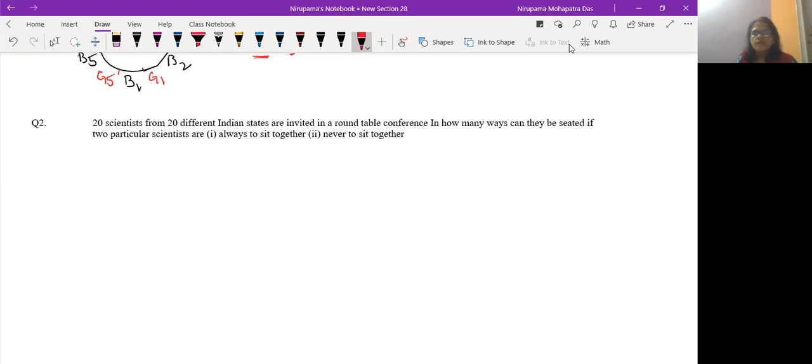Okay, so we are not given the total things. First part, let's consider first. The two particular scientists are to be seated together. So let these two particular scientists be considered as one. Considering two particular scientists as one means we now have 19 scientists, right? So these two taken as one person, we have 19. The number of arrangements